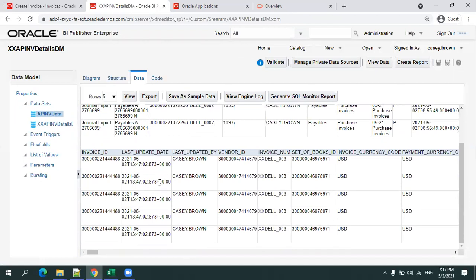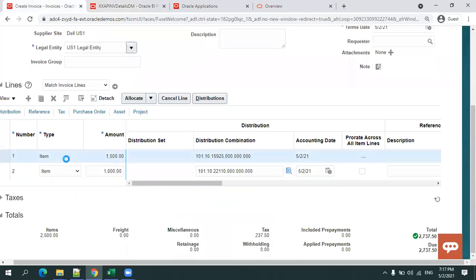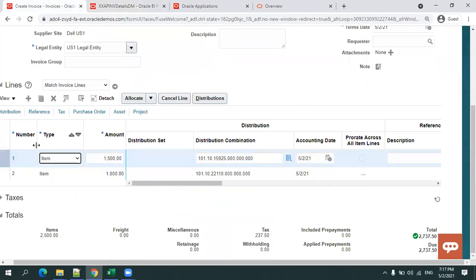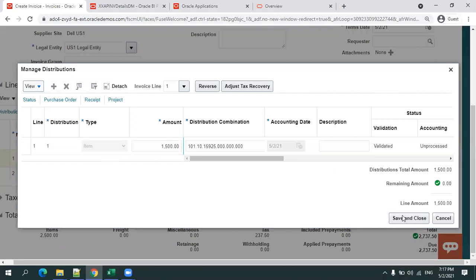Okay, so we got the data. It is showing multiple lines because you have lines and then you also have distributions. Now if you click on this line and click on distribution and see what happens, how many lines it shows? For each line, you have one distribution, isn't it?